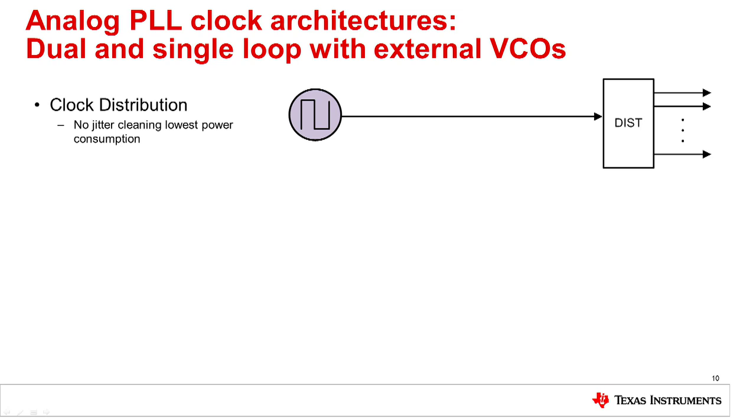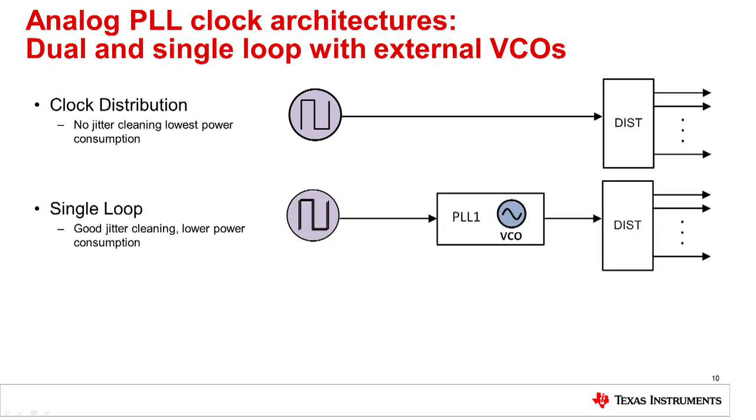Looking at clocking operation in a different way, you can divide into three main analog clock architectures. Shown here is a simplified block diagram showing the reference and clock distribution network. The clock distribution, or clock buffer, does not filter any noise, it can only add jitter, but it is simple and low power. The single loop, common in clock generators, does both jitter cleaning and frequency multiplication in the same step. The single loop does provide some filtering of the reference for higher frequency noise greater than 10 kHz because of the PLL VCO operation.